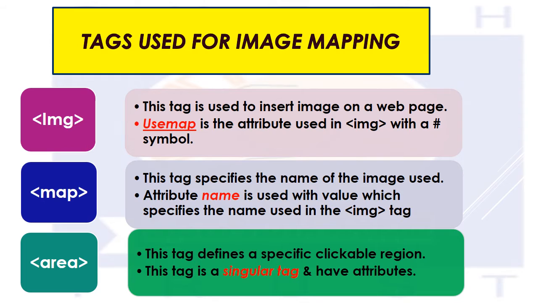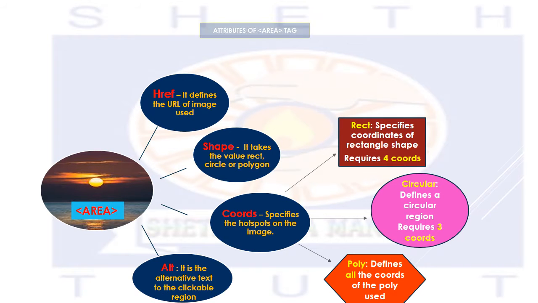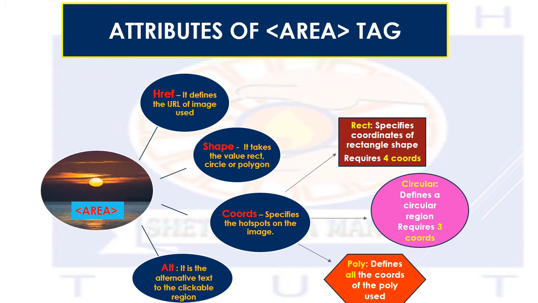Also the attributes. First let us see the attributes of the tag. As you know regularly, after studying the tags we definitely study the attributes of this tag. Okay, let us see what are the attributes. Yes students, here you have attributes of the area tag only. You can see in this picture, the area tag is given. In that area tag you have these four attributes: href, shape, coordinates and the alternative text. So these are the attributes of the area tag in image mapping.